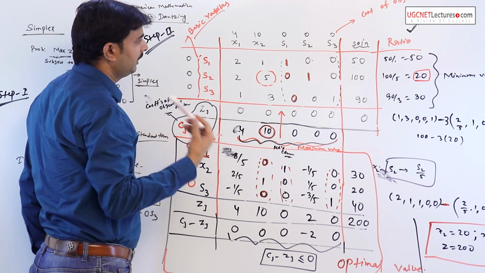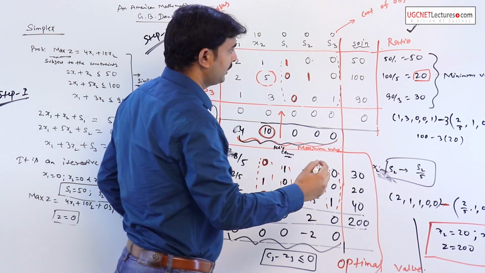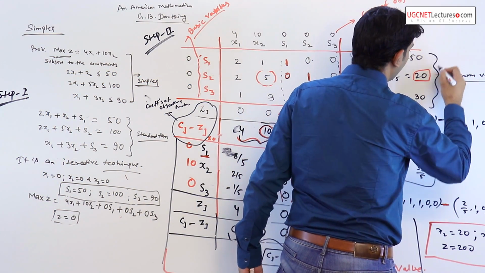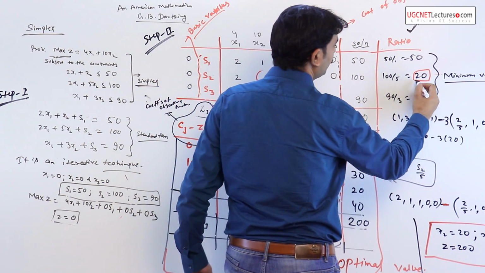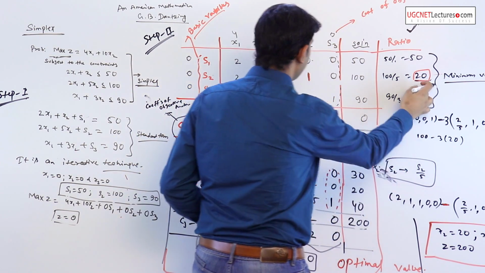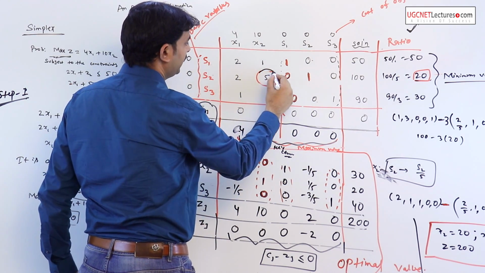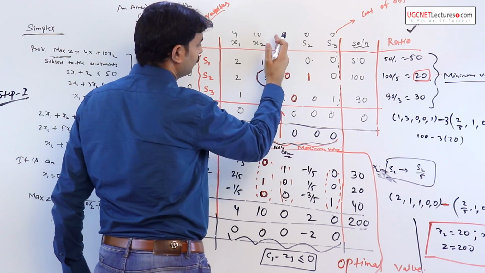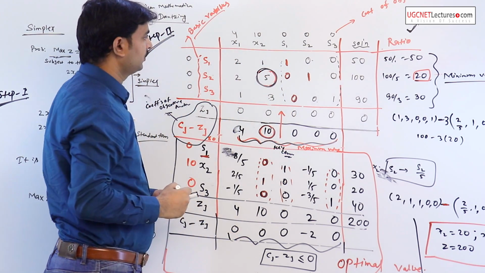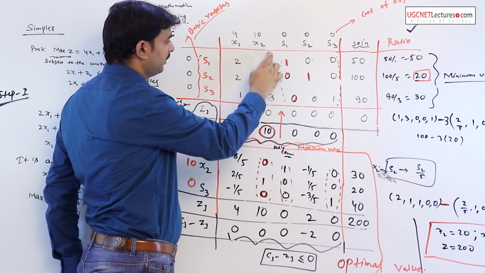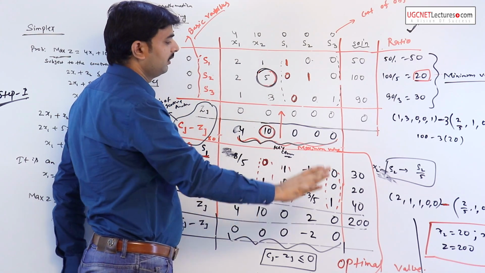The variable that leaves is chosen by the minimum value among all the ratios. Here 20 is the minimum value. That means the corresponding cutting value, here it is 5. So x2 will enter and s2 will leave